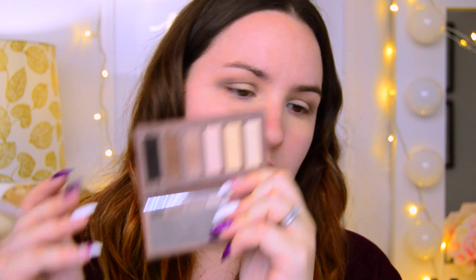I have used my Naked Basic palette a lot, but I didn't remember that the palette was so powdery. Every time I put my brush on the eyeshadow, it just...